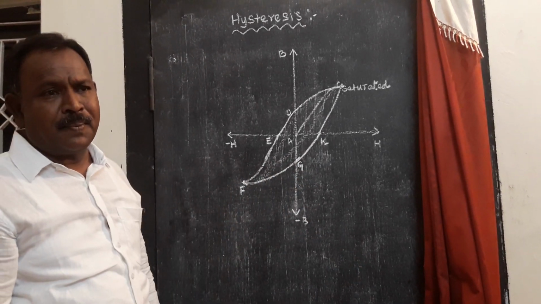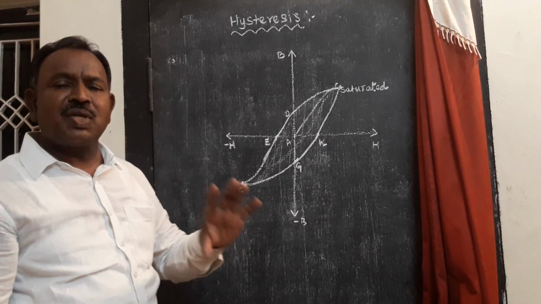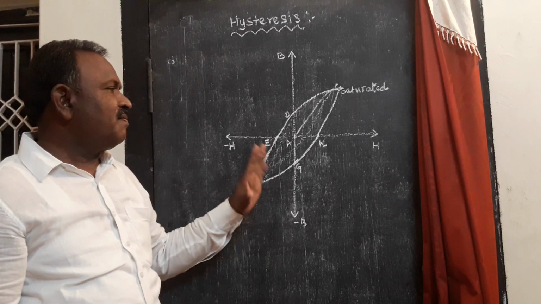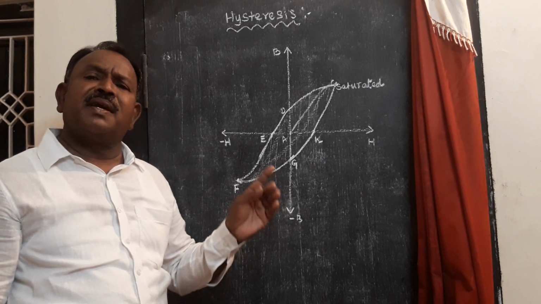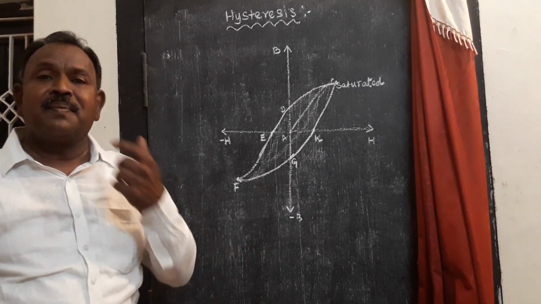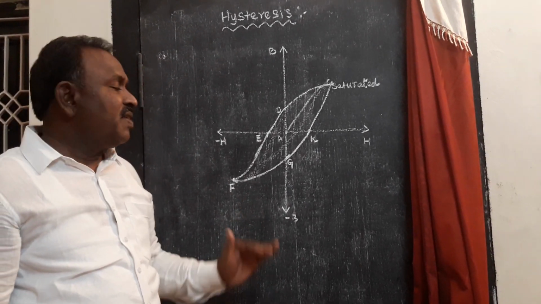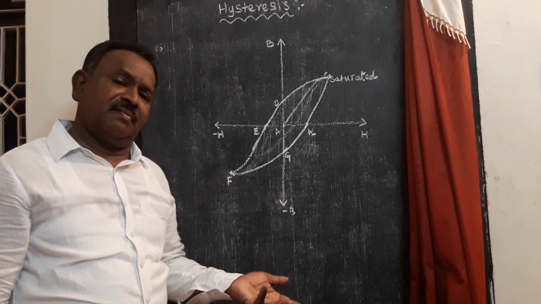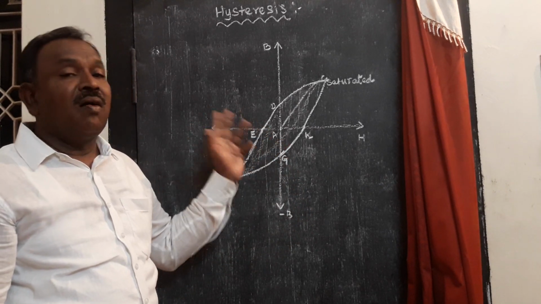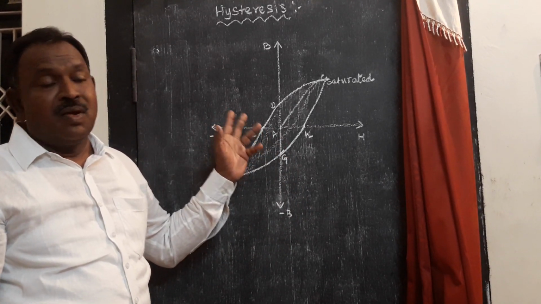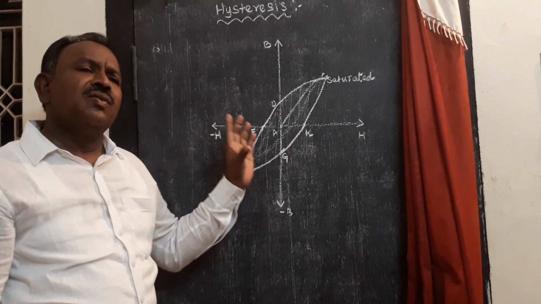For example, let us consider two ferromagnetic materials, that is soft iron and hard iron. Irons are classified into hard iron, soft iron, and steel, depending upon the carbon content in that iron. So when we take soft iron and hard iron, soft iron is called steel iron and hard iron is called carbon iron. So when the soft iron and the hard iron are taken through a cycle of